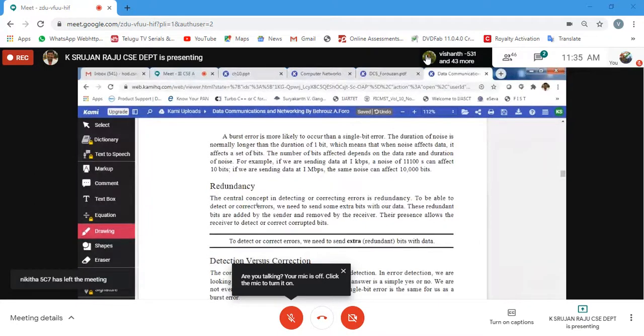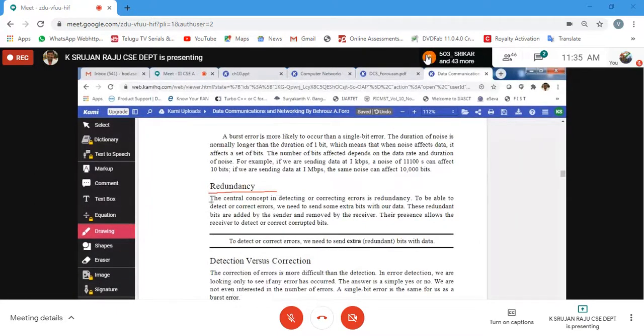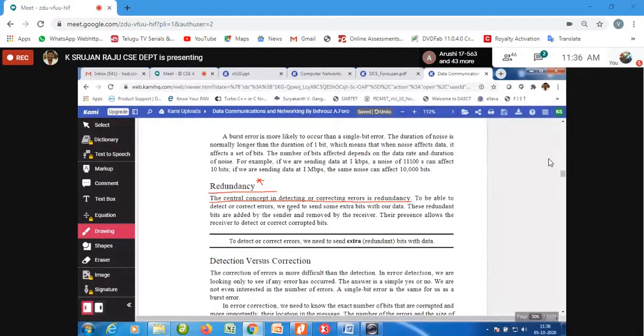Whenever you want to detect it, we need to send some extra information. See, the central concept in detecting or correcting errors is redundancy. So please, dear friends, this is a very important one. You have to understand that redundancy is going to play a very important role. If you want to detect whether the received data is correct or not, whether the same thing the sender has sent was received by the receiver, you need to verify it.